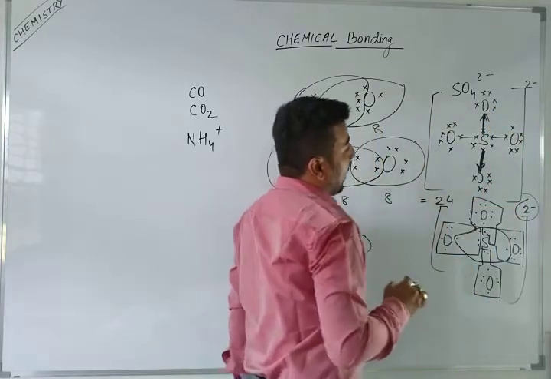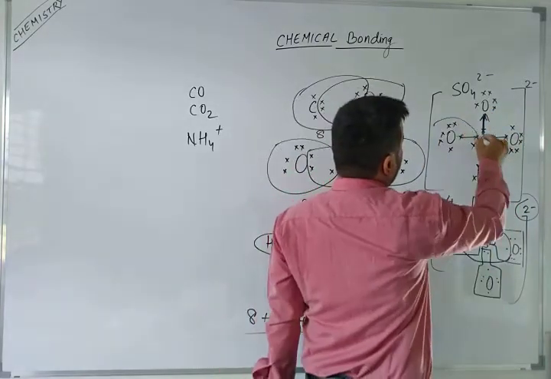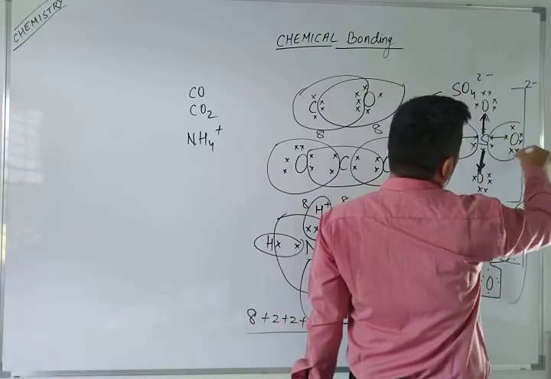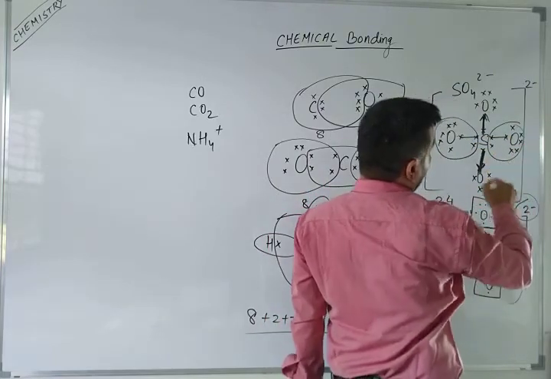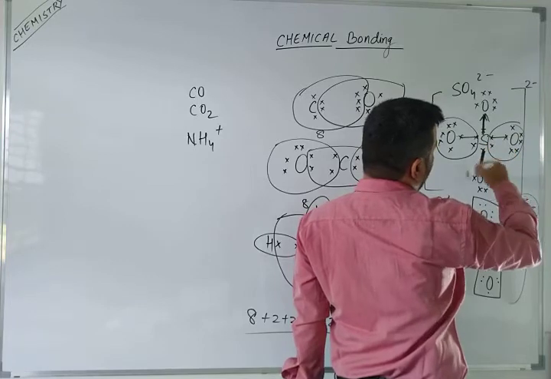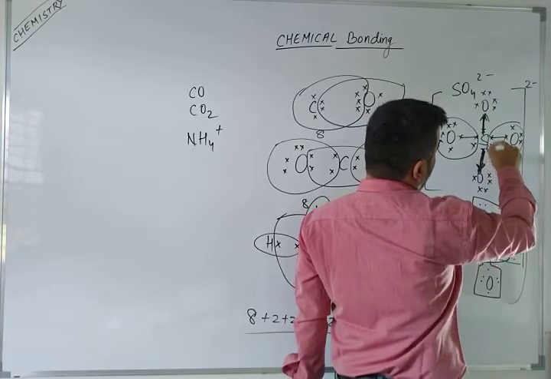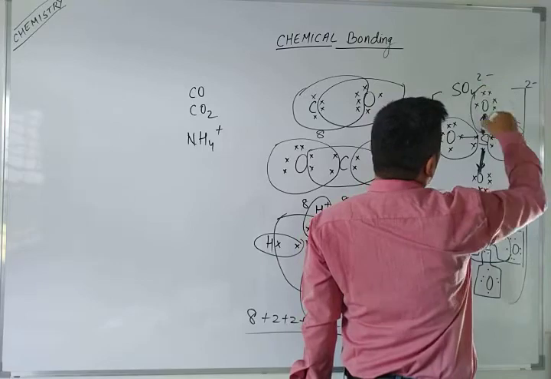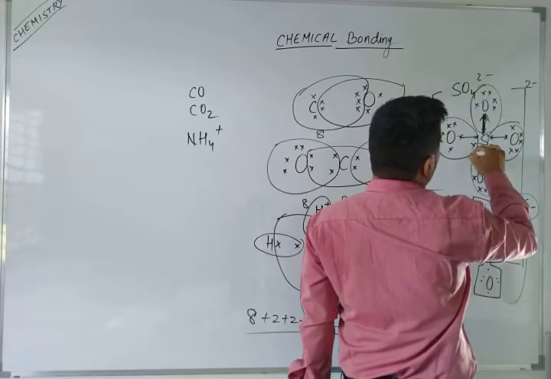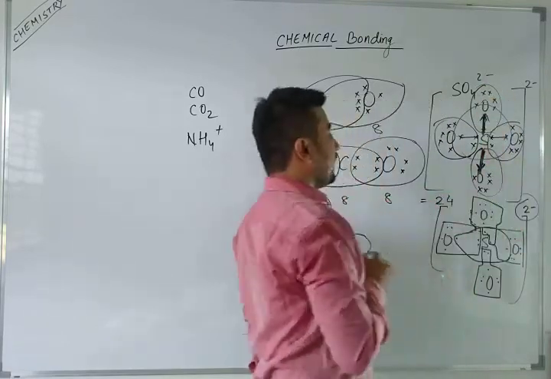The arrow is put because you can see oxygen has taken 8 electrons, oxygen has taken 8 electrons, but here only 7 electrons. That's why they are doing this half bond. What does it mean? The 2 electrons are here, and here also the 2 electrons. So this will also complete its octet, this will also complete its octet, and sulfur will also complete its octet.